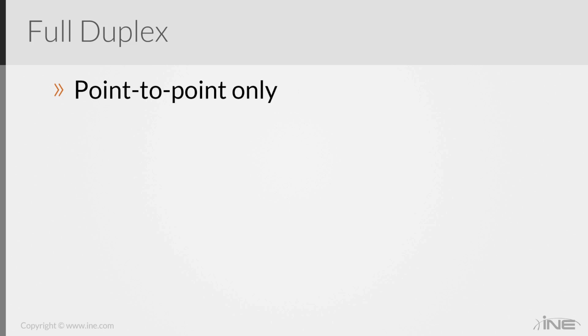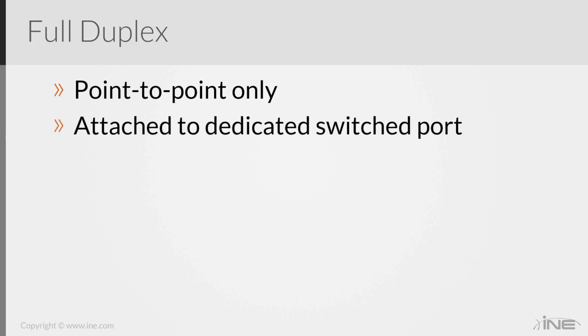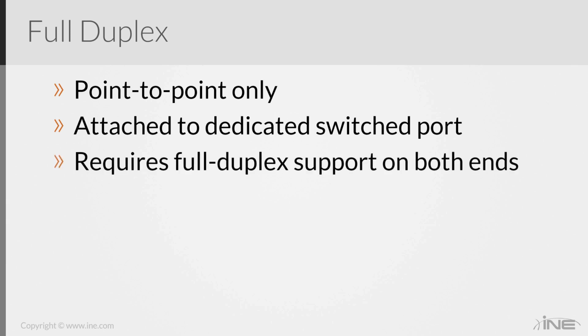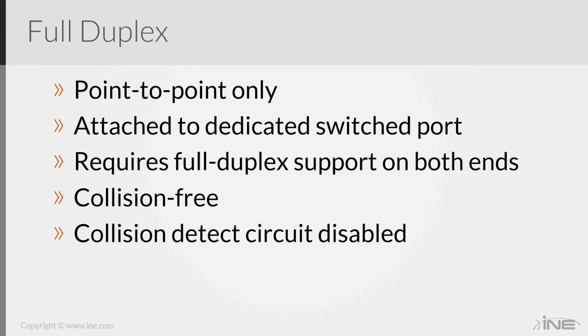Now, with full duplex communication, you are dealing with point-to-point only. This is attached to a dedicated switch port. It requires full duplex support on both ends. It is collision free and the collision detect circuit is disabled. So what this means for you and I is that when you're dealing with full duplex communication, that is what switches are going to run at